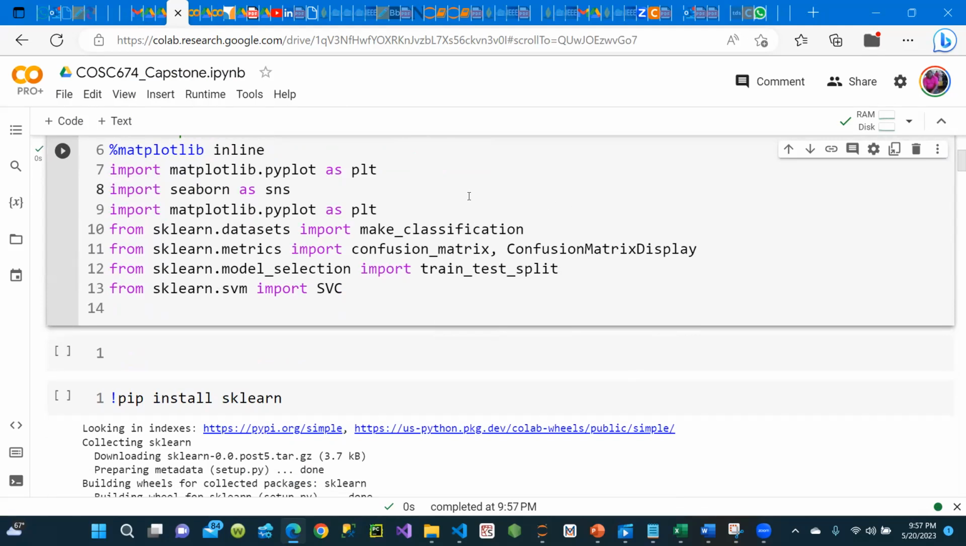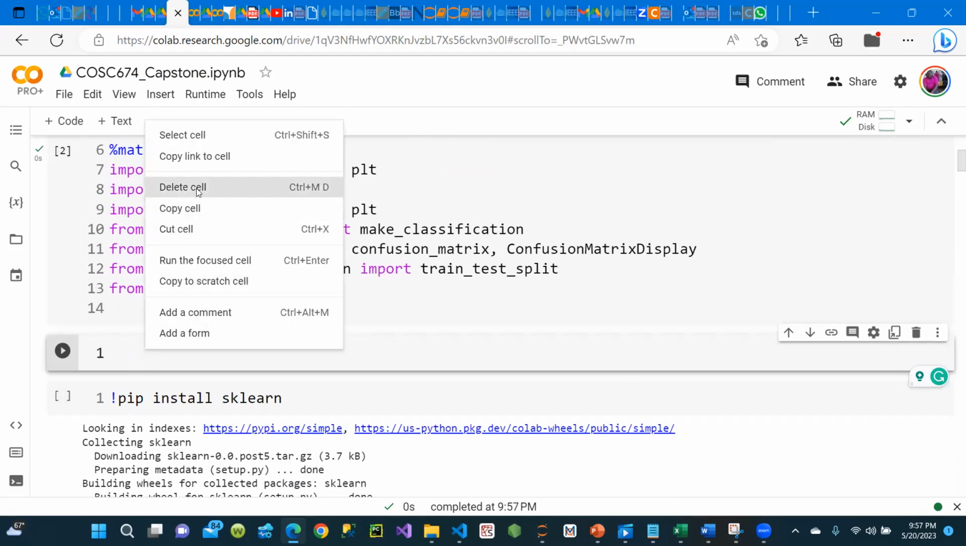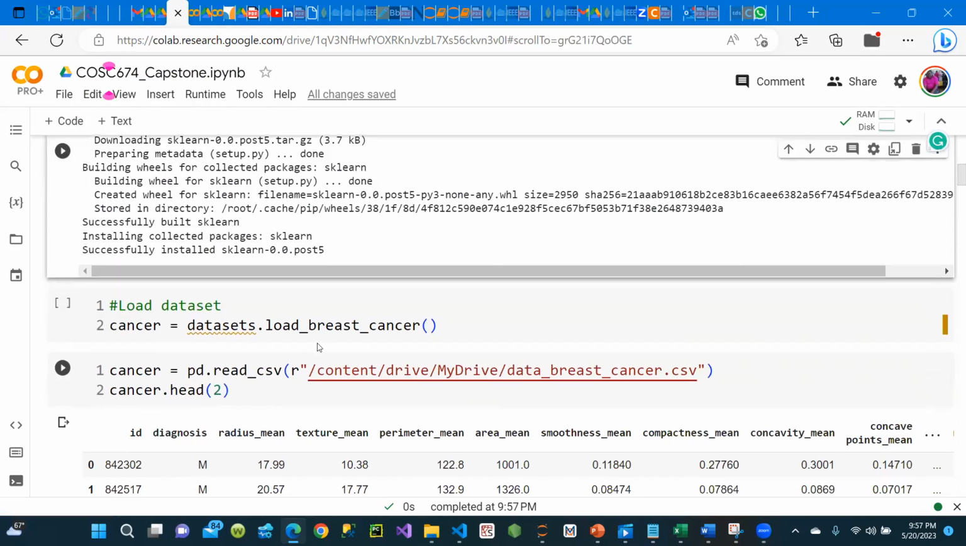So because you are having sklearn, you need to install it. If you don't install, it will give you an error. This one, pip install sklearn. So the installation was good. Then now,